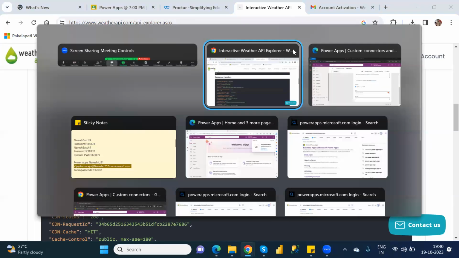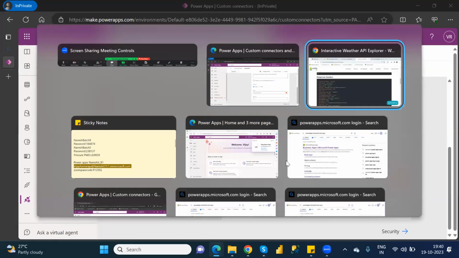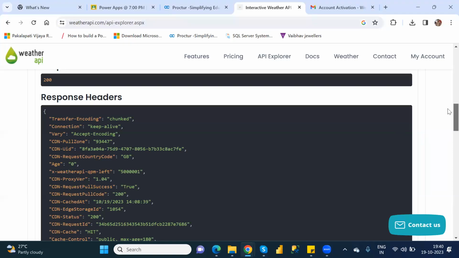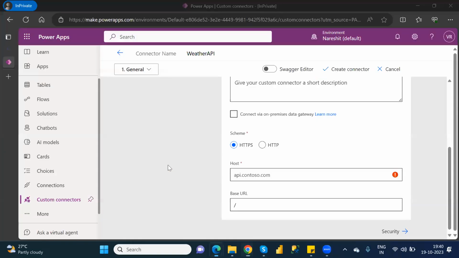Okay, and you have to copy that particular URL. See here, in this one there is a call tab, right? In that call tab, you have to copy this URL, api.weatherapi.com. You have to copy that one and paste it here itself, under host. And the base URL is